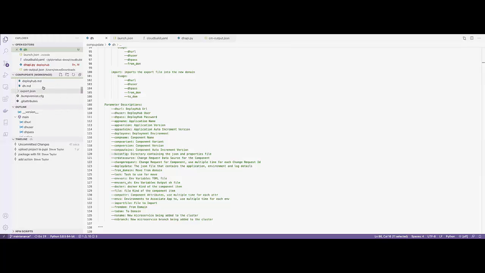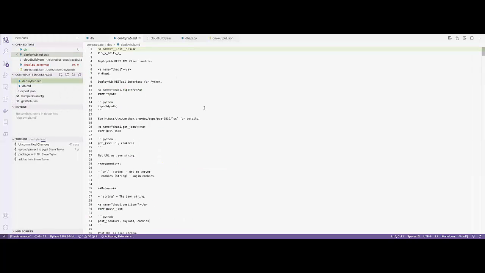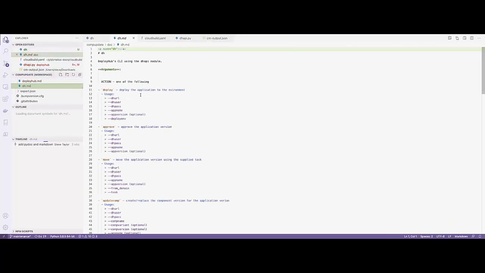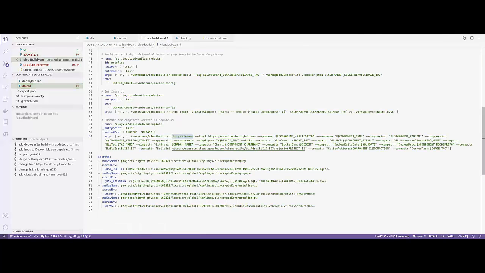So you are able to look at the markdown for both the API level, which is the deploy hub Python module, and then the driver has the markdown as well. This whole Python piece gets pushed over to PyPI. So you can download it just doing a pip install of that,